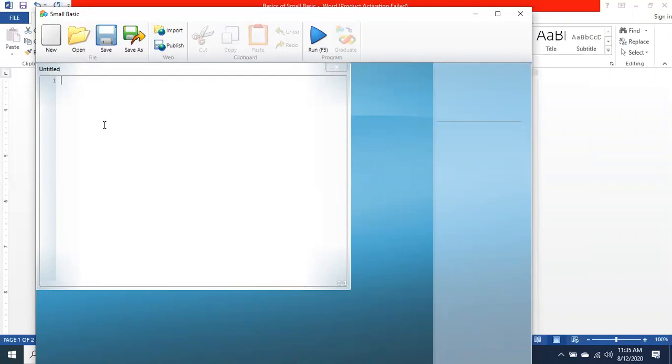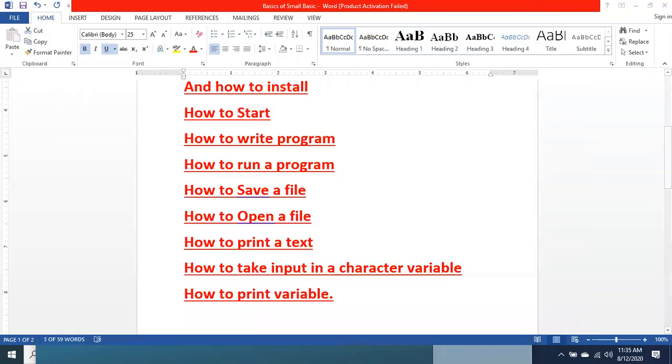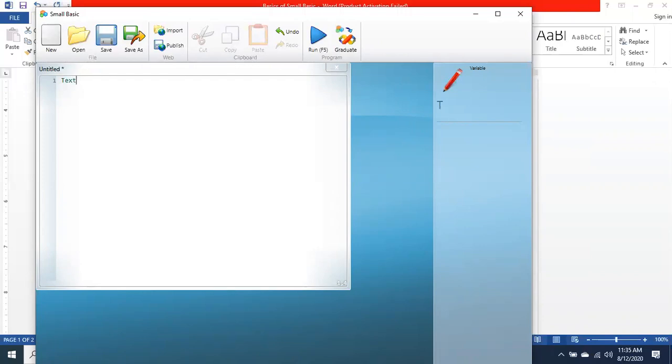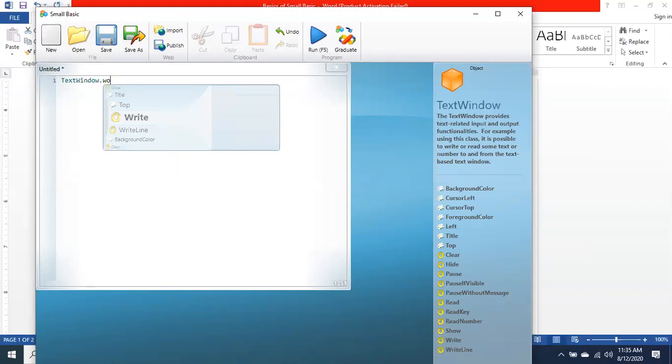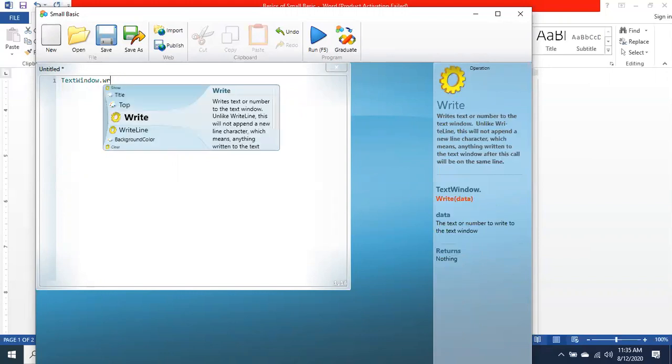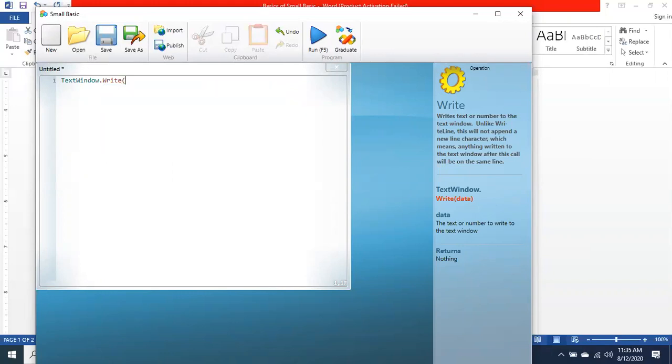For example, TextWindow.WriteLine, TextWindow.Write, "Enter your name", then closing the double quotes and the parenthesis, and I take one variable.